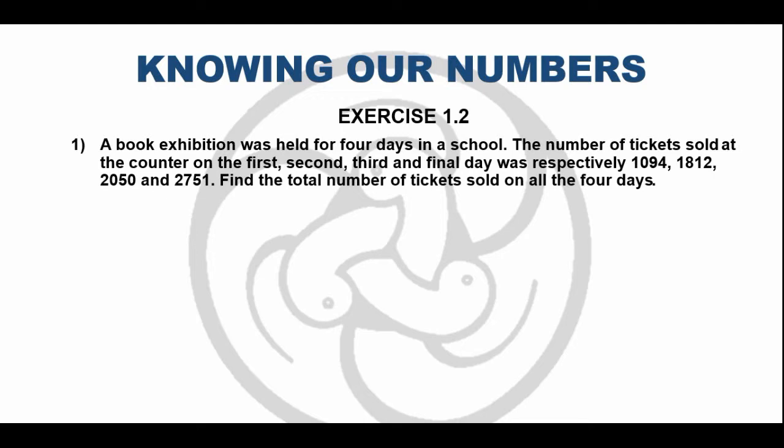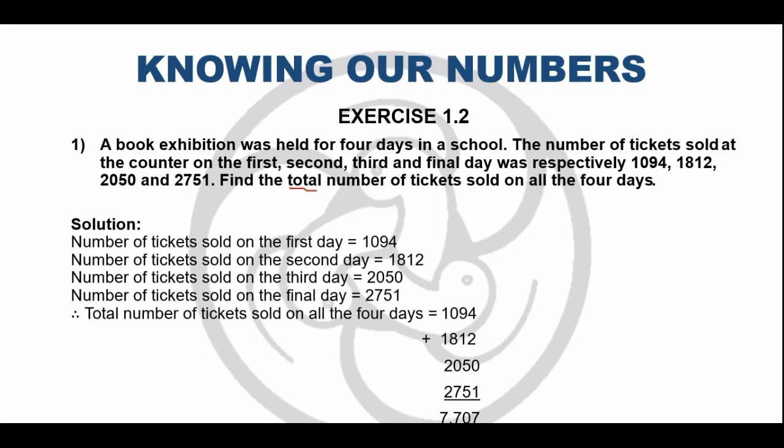So what is the question asking here? Find the total number of tickets. So here total means you have to find the addition. Okay, so you have to add all the tickets which were sold for 4 days. So number of tickets sold on the first day equals 1094, on the second day equals 1812, on the third day equals 2050, and on the final day, that is the fourth day, equals